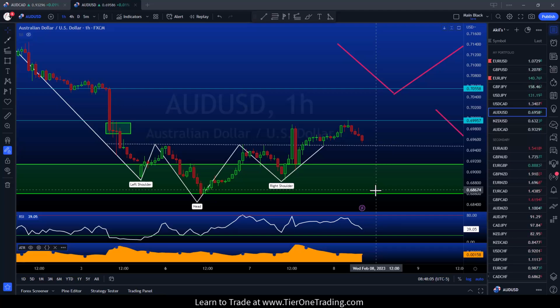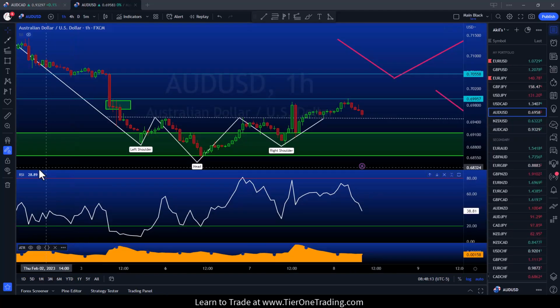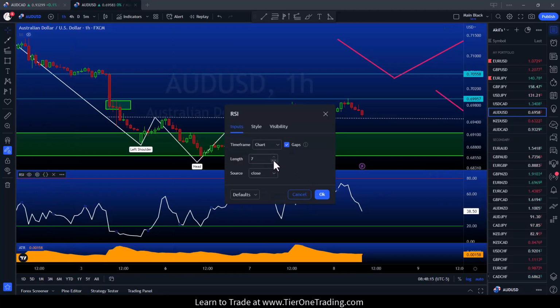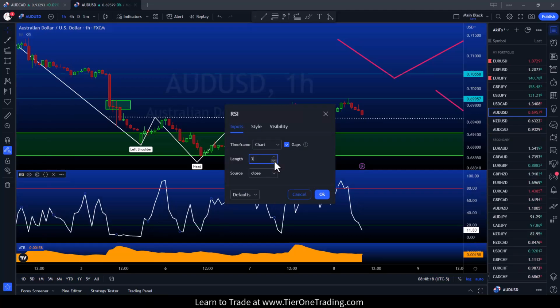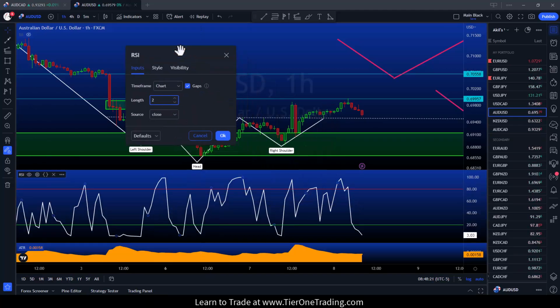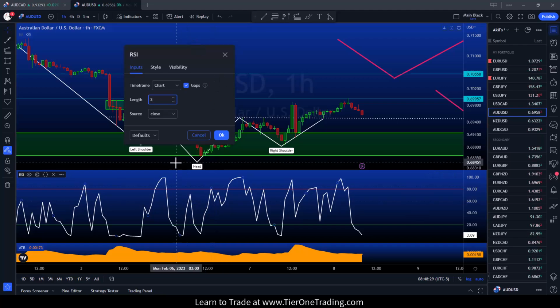If you want more signals with the RSI, use a shorter period RSI, right? So if you're someone that wants a little bit more action, you want a quicker overbought or oversold, make this bad boy a 2. Look at all that. Make that bad boy a 2 and you'll get all types of overbought and oversold signals. So you'll get more frequency if that's what your system requires. Or if you're using an RSI as an entry or exit indicator and you want to get involved quicker or get out earlier,